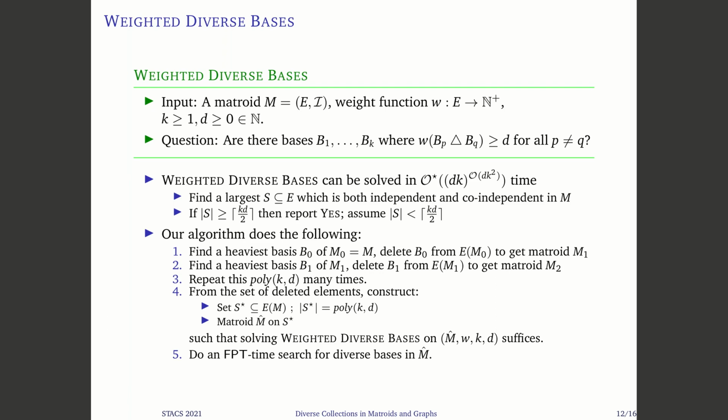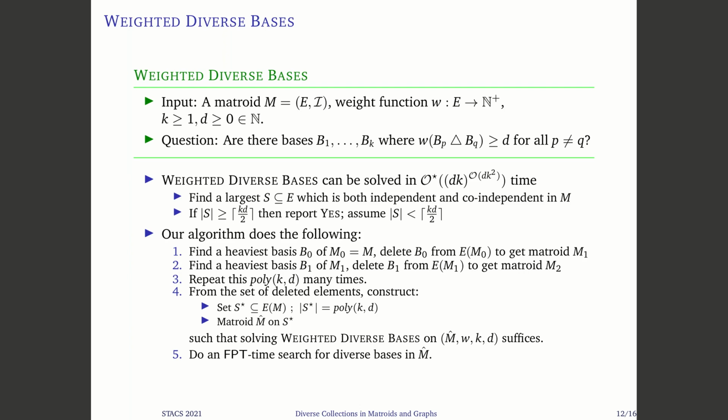To start with, it uses the greedy algorithm to find a heaviest basis B0 of M. It then deletes the elements of B0 from the ground set of M to get a matroid M1, and now it finds a basis B1 of M1. Then it deletes the elements of B1 from the remaining ground set to get another matroid M2, and so on. So it repeats this process poly(k, d) many times, and then we show that from the set of elements